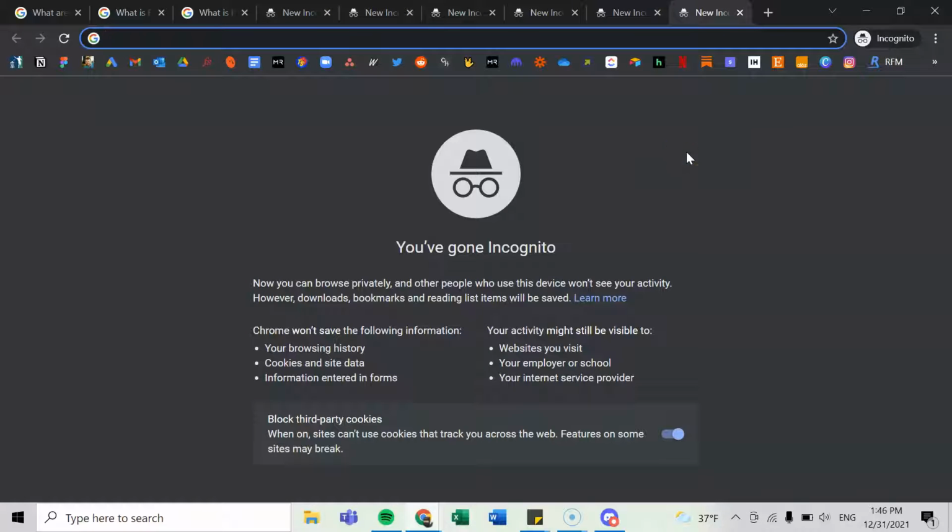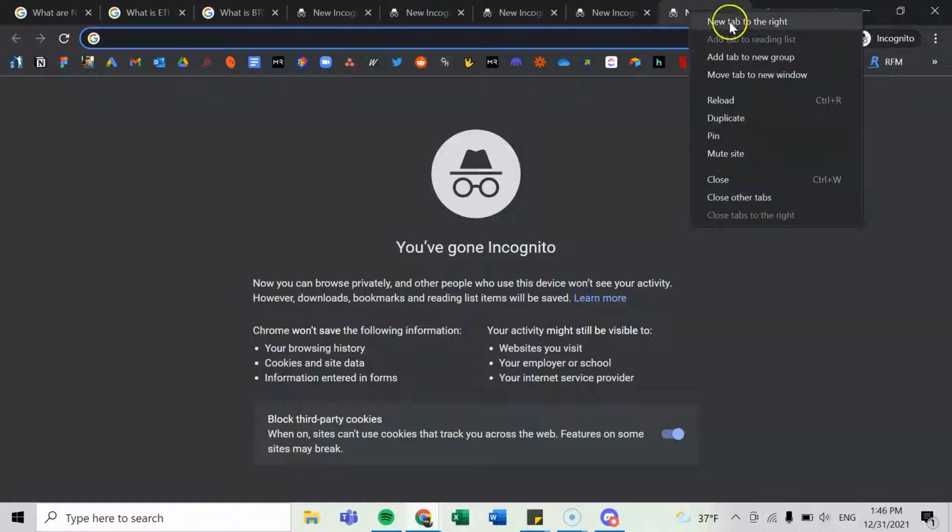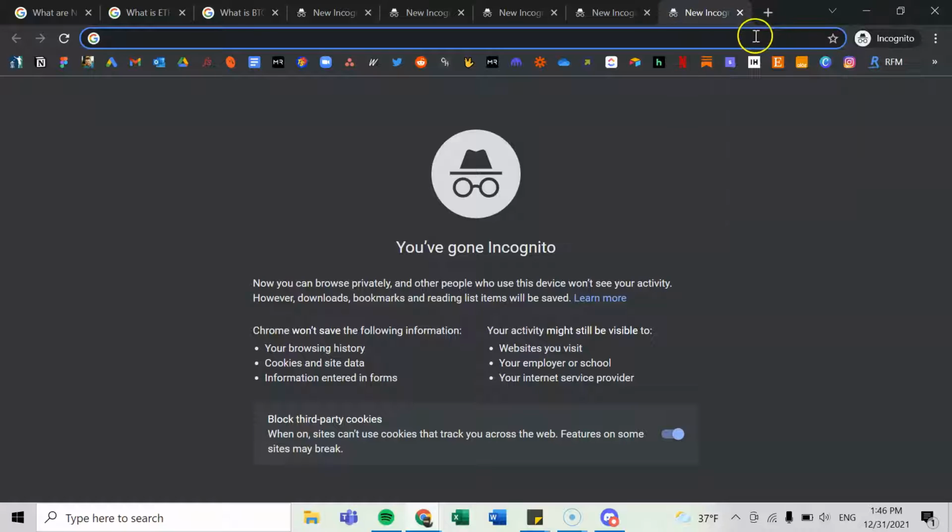So, to delete a tab, you can right click on the tab and you can close. And notice how when I right click, there are a lot of other options that we can do: reload, duplicate, pin, mute, close other tabs. But notice on the far right side you get a Control-R, and so it tells you what key command you need to do to reload a page. And with close, it's Control-W, so Command-W on Mac, so we can easily close it.